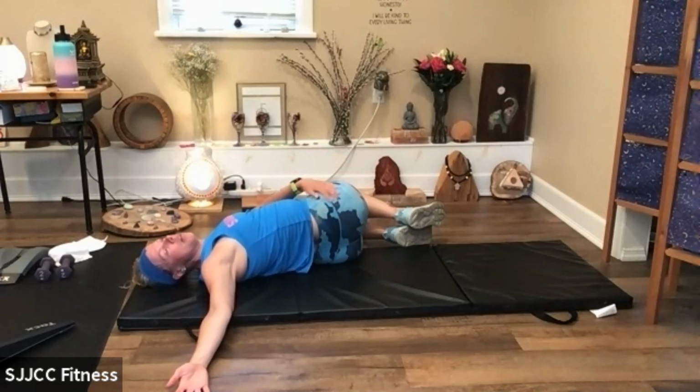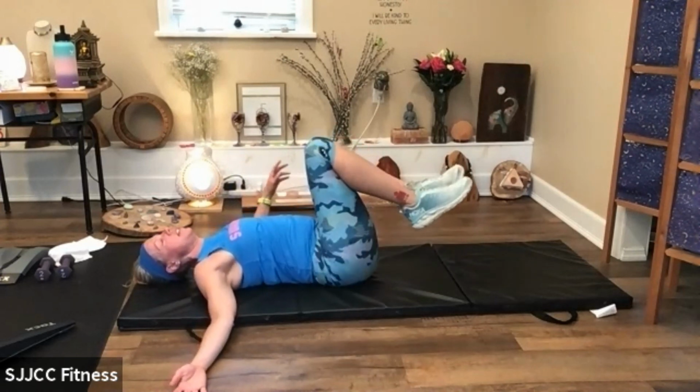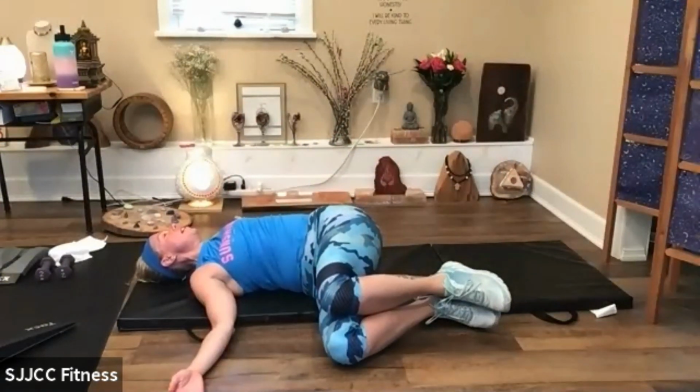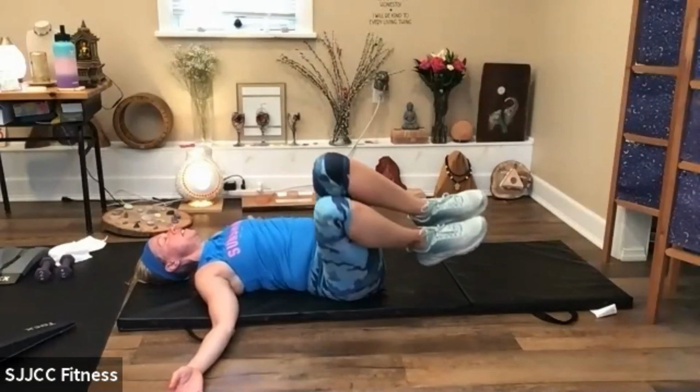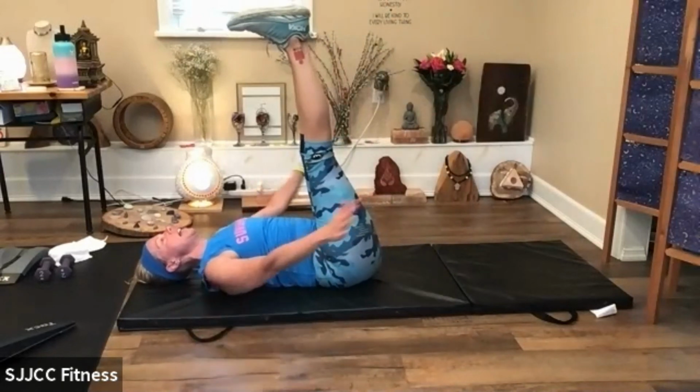So we worked on all this. We got to give it a little bit of love. And then slowly bring your knees back into center, and we have the other side. Knees over to the right, look over the left. And then slowly bring the knees into your chest, legs all the way up to the sky, hands underneath the seat,